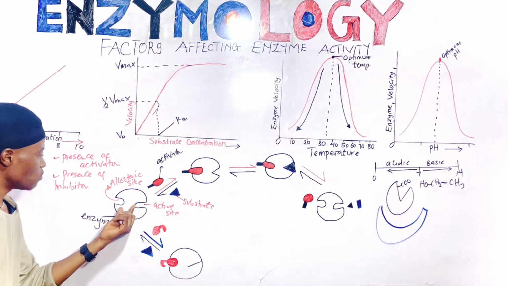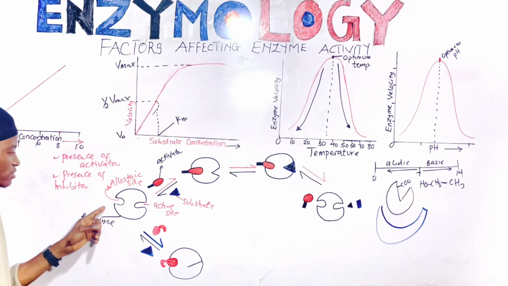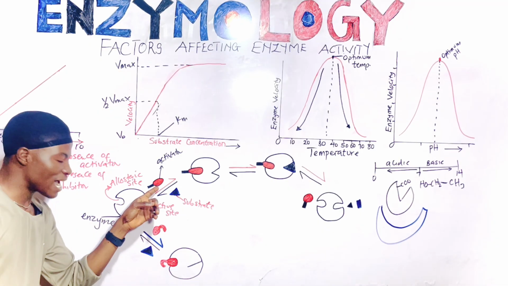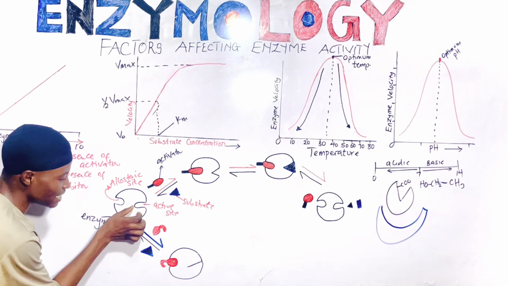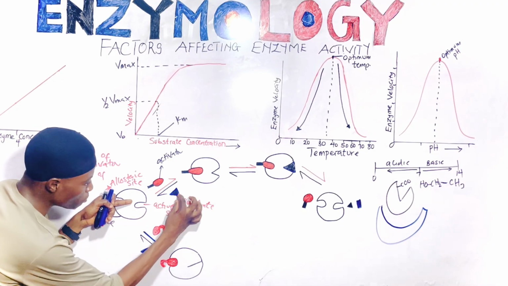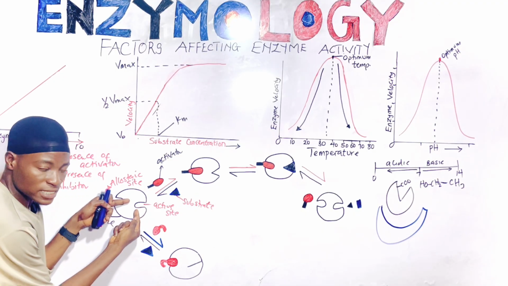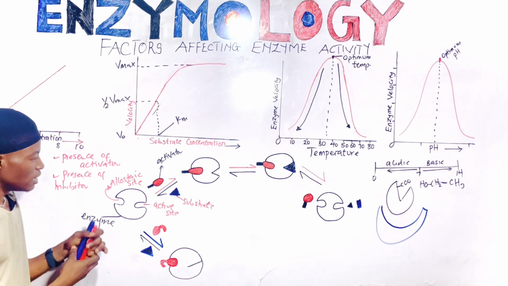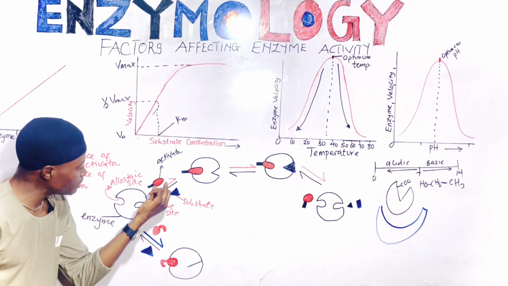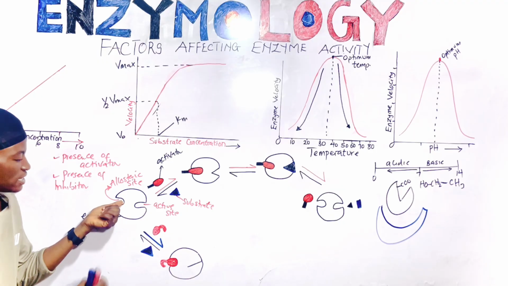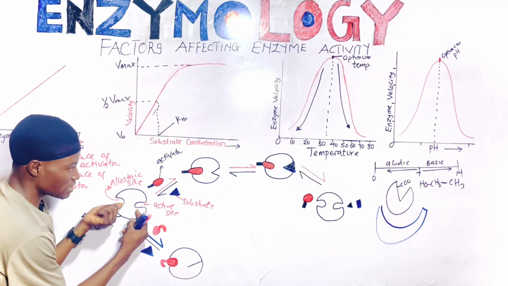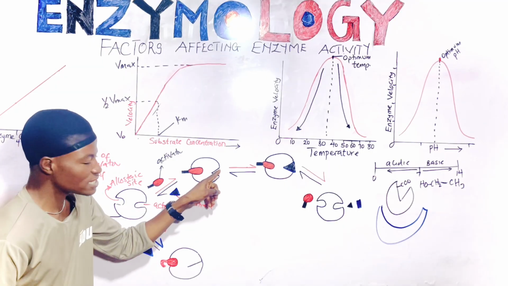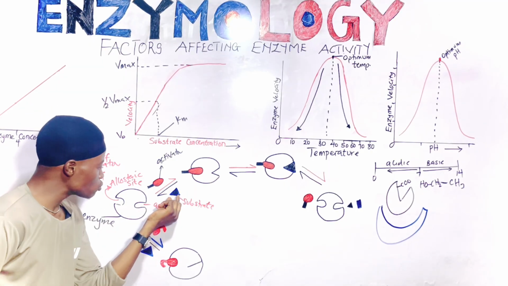Now let's come back here. We have our enzyme here. We have the allosteric site and we have the active site. This is the activator. If you look at this very well, this active site is designed in such a way that it cannot fit in properly with the substrate, right? Now immediately the activator binds to this site, it changes the conformation of the active site. If you look at this very well, the active site is now open in such a way that the substrate